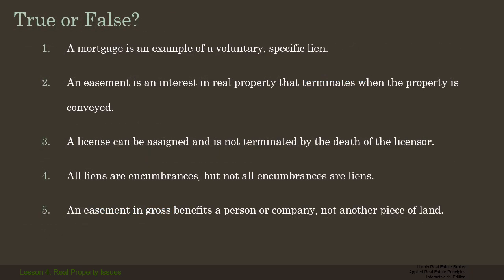True or false? A mortgage is an example of a voluntary specific lien. Yes, because you voluntarily go to the lender and voluntarily let him put a lien on your property because you want the money that they're going to give you as a mortgage loan. And it's a specific lien because that mortgage lien only attaches to a specific parcel of real property. It doesn't attach to any other real property. It doesn't attach to any personal property,